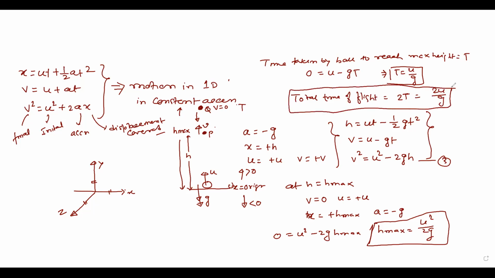So actually we are not deriving such formulas. We are just using the equations of motion with constant acceleration and putting in the values accordingly. So you need not remember all these things. You may remember them for your objective exam, but you need to understand the concept involved. The entire motion under gravity is an example of motion under constant acceleration, because we are neglecting other factors like air resistance, wind velocity, etc. We are just considering that the motion is happening in a vacuum. So you may use these formulas easily. You just have to fix the origin.